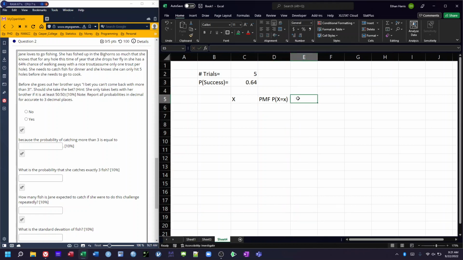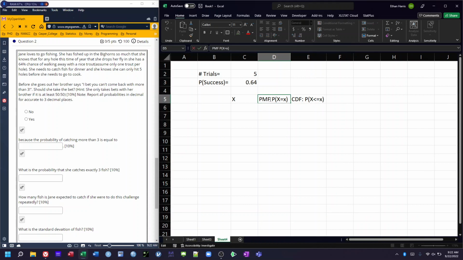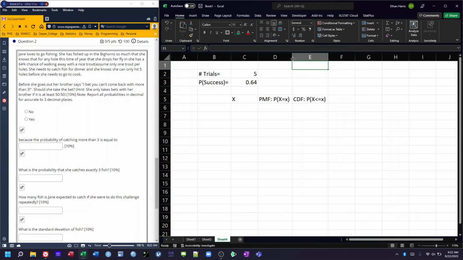And then we also need to do the CDF, or the cumulative distribution function, and that is the probability of X being less than or equal to a specific member of the support. Okay, so let's do that. Now we have to think about what are all possible outcomes of Jane going fishing. So if she were to go out and fish all of these holes,